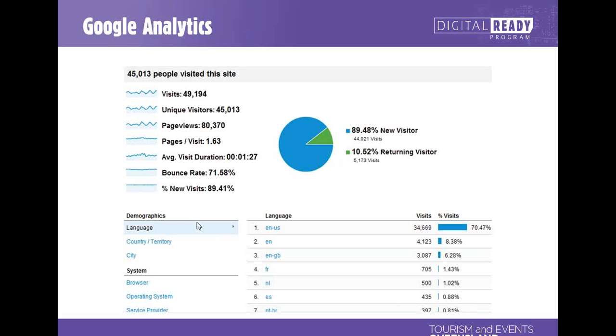We can also tell things like what language. So if you have, for example, a lot of Chinese visitors, there might be an argument for a Chinese version of your site or page. You can see what operating system and browser people are using, which is helpful in making sure your site works for everybody that's likely to come and visit it. Make sure that your developers have built it to work in all of the browsers that are listed on your analytics. And language again.